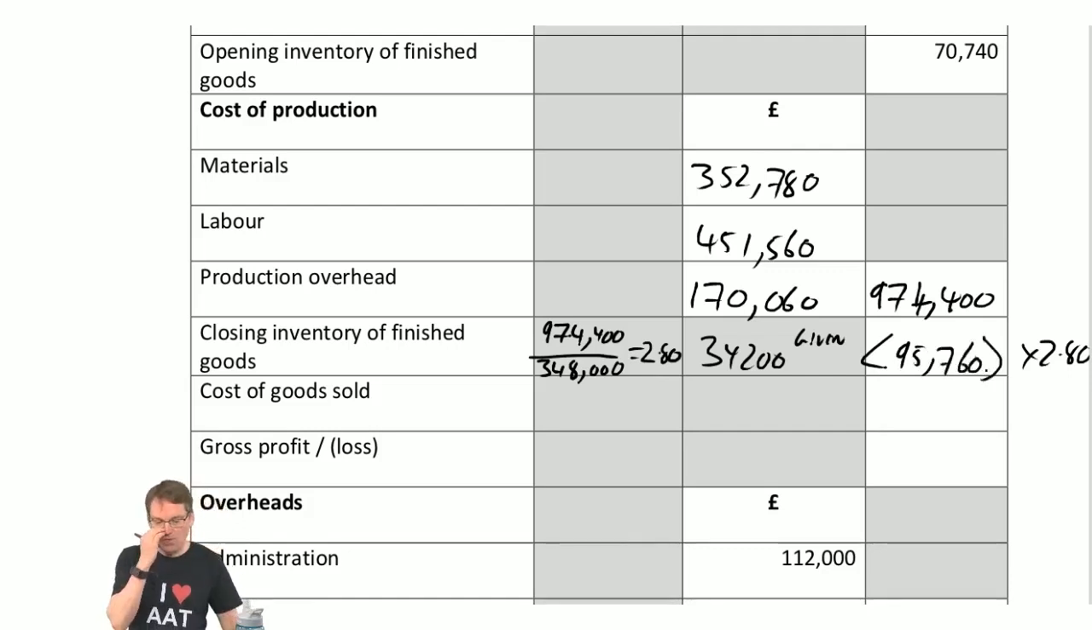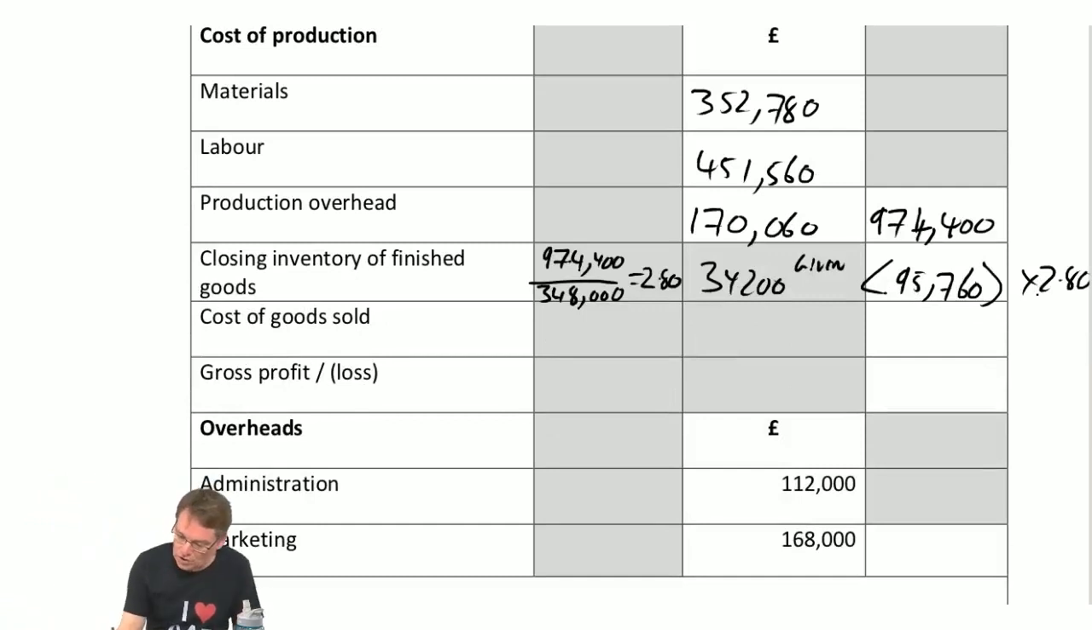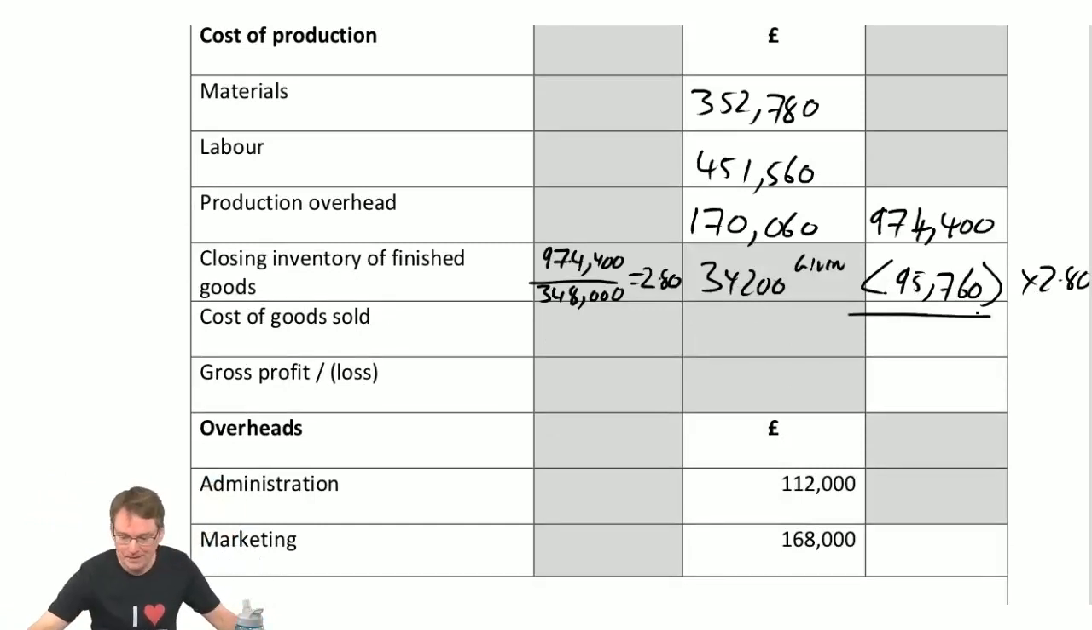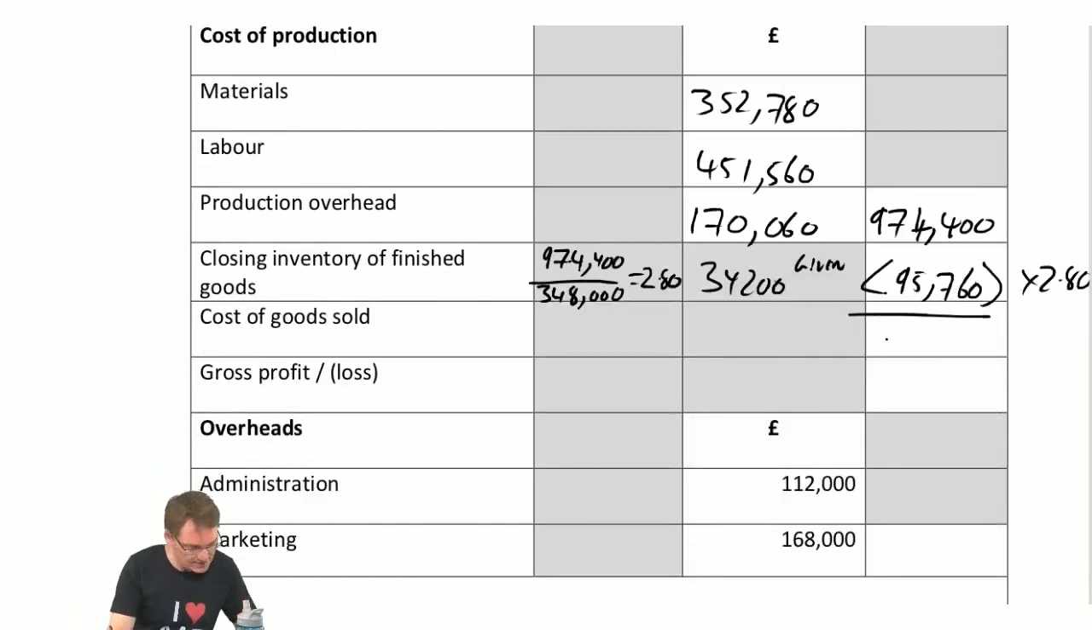95,760. Remember that closing inventory is subtracted from your production, from your cost of sales. Because remember, cost of sales is the cost of what you've sold. You haven't sold the closing inventory. It's still in inventory, so you can't include that. So we have the opening inventory, you've sold that. We have the production, we've made that. Take away the closing inventory because it's not cost of sales because you haven't sold it yet. So the cost of goods sold will be 70,740 plus 974,400 minus 95,760. That gives us